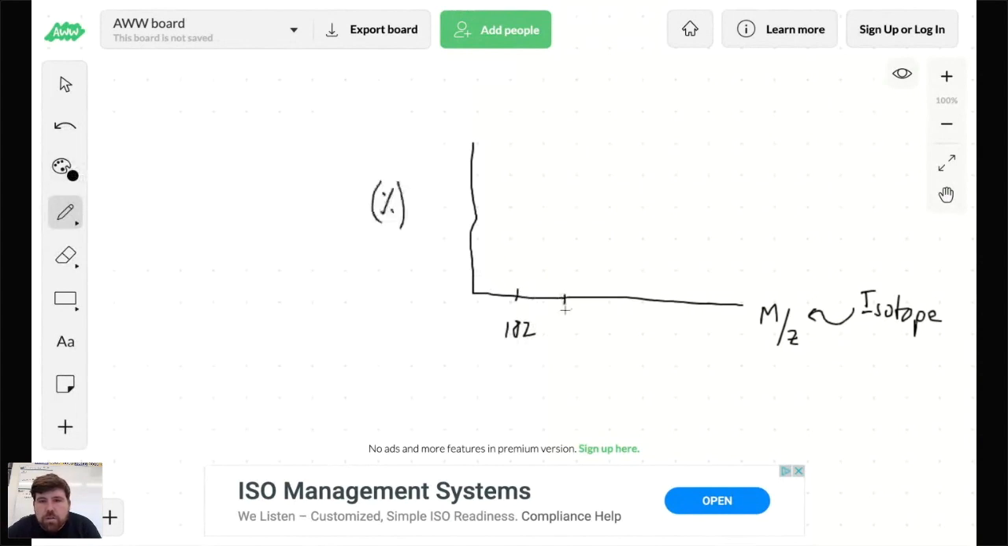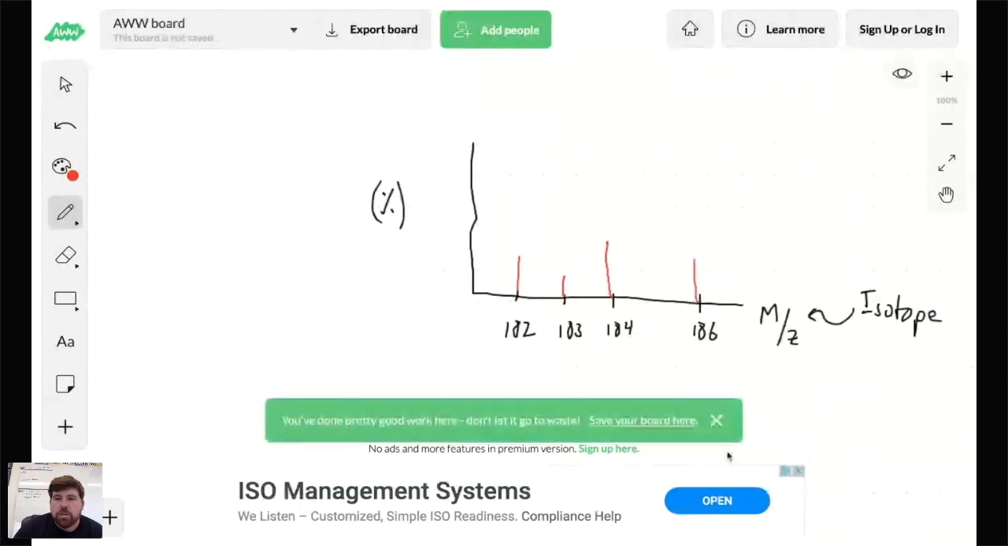182, 183, 184, and 186. We'll jump up for that one, 186. I'll change my colors up here. So about a quarter of the way up, we're going to have 182. Tungsten 183 is about 14%, so a little bit lower. 30% is tungsten 184. And last but not least, about the same height as the first one, you're going to go ahead and get